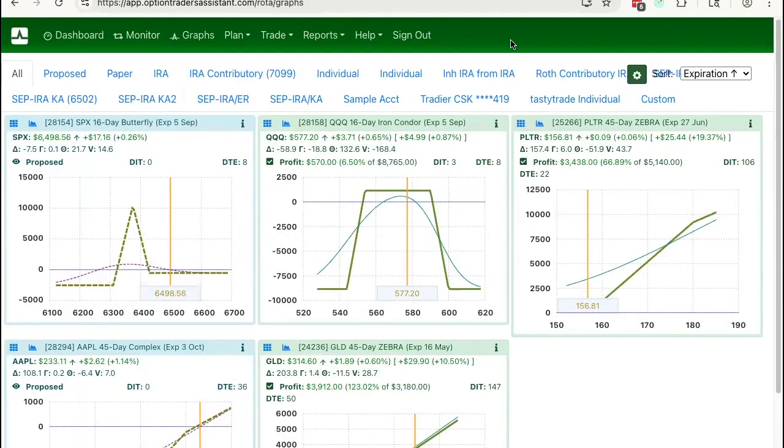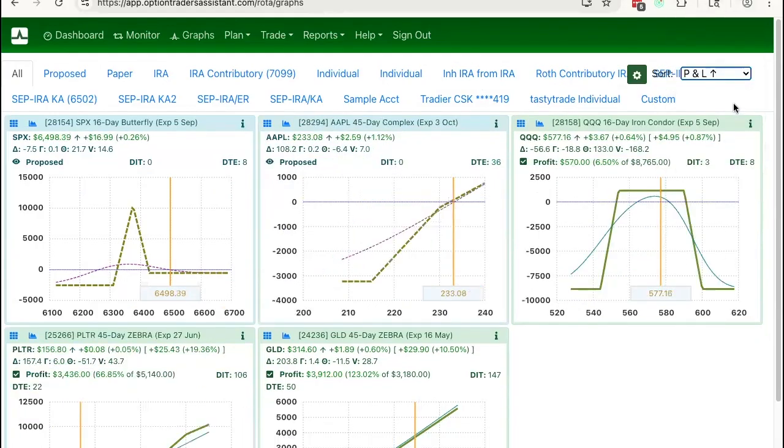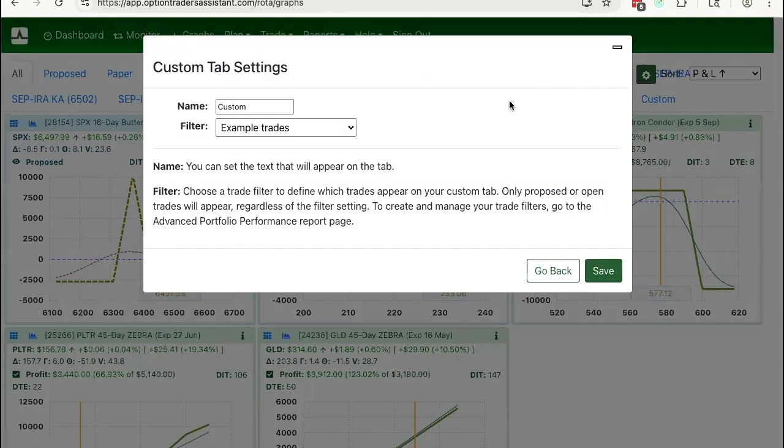In addition to being able to watch them this way, we now have the graphs page, and this also has a green bar, and you're getting streaming quotes on this. And this gives you a smaller size graph of each of the trades. And it has also got an all tab here, as well as proposed paper, and then individual tabs for each of your accounts. And you can set the order here to be whatever order you want. And there's a custom tab here